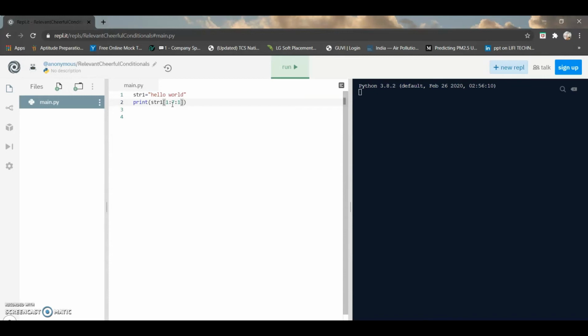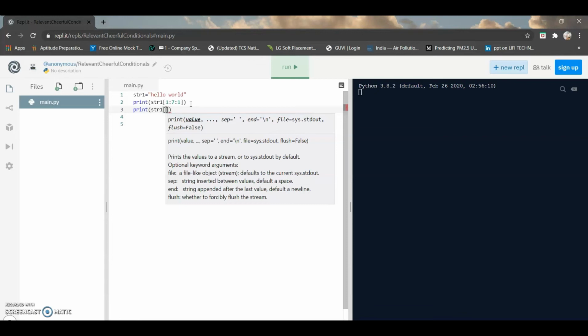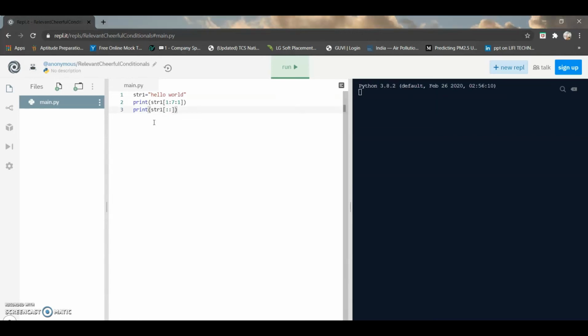So far we have omitted the style parameter because Python by default has the style value 1, so that every character between the index numbers is retrieved. We can also simply give a double colon that prints the whole string. Just see the output. Within square brackets, we can give a double colon. Now we can run the program. You get the output ELLO, white space also considered, and W. Now see that the double colon gives an output of the whole string. That means the double colon represents the whole string.